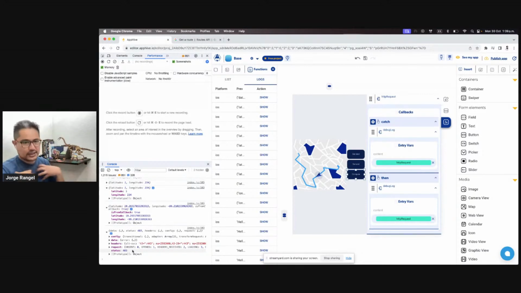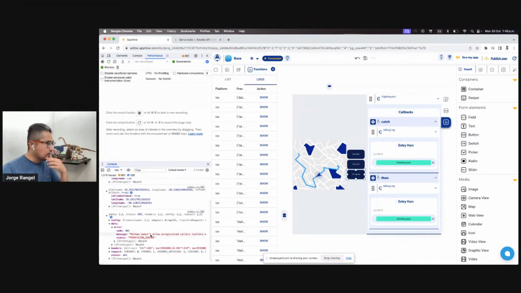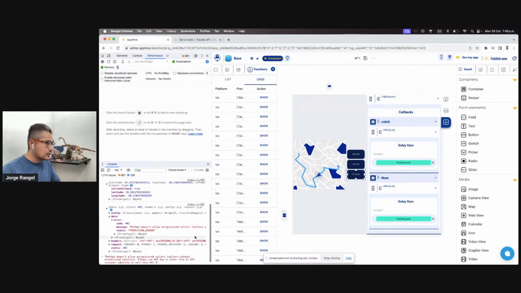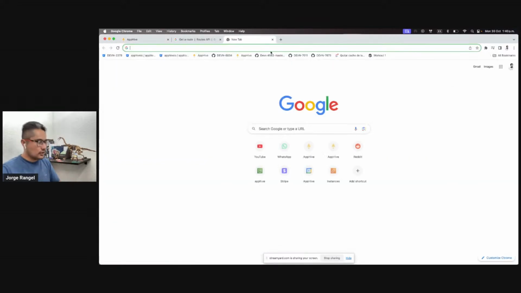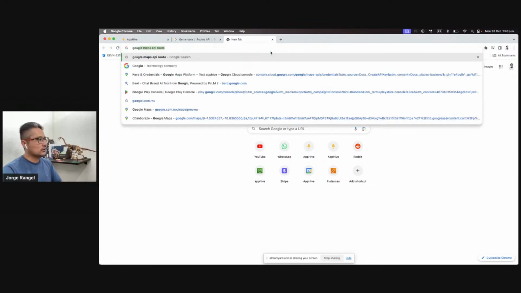And the reason is something that I did wrong, not the server. The server is okay. So let's read further into this. Method doesn't allow unregistered colors. Okay. Maybe this is a good clue because it means I have to put an API key in this request. Please use API key or other form of API consumer identifier to call this API. So in order to do that, let's go to Google Cloud,